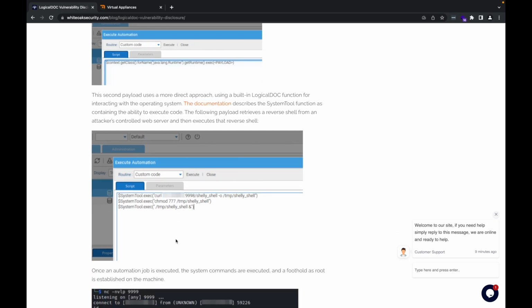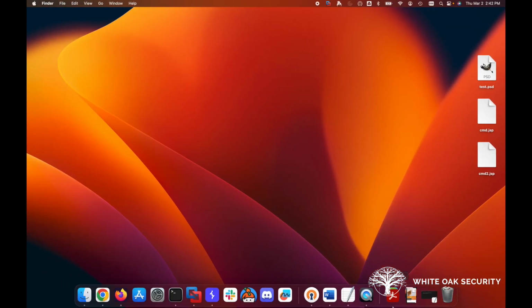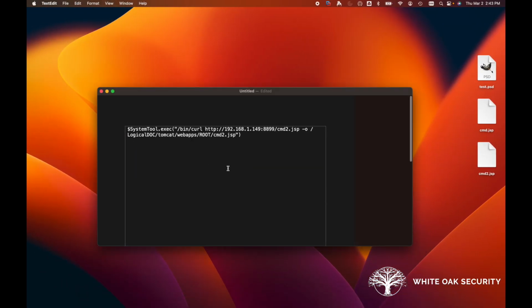In one of my previous videos, I actually showed pulling down a cmd.jsp file to the web root. I'm actually going to do that again for this exploit. So I already have something written up here. We can see within this text file here, we're actually going to have the system do a curl out to my web server and pull down cmd2.jsp and then write it out to the web root as cmd2.jsp as well. So if we go ahead and just copy this out,